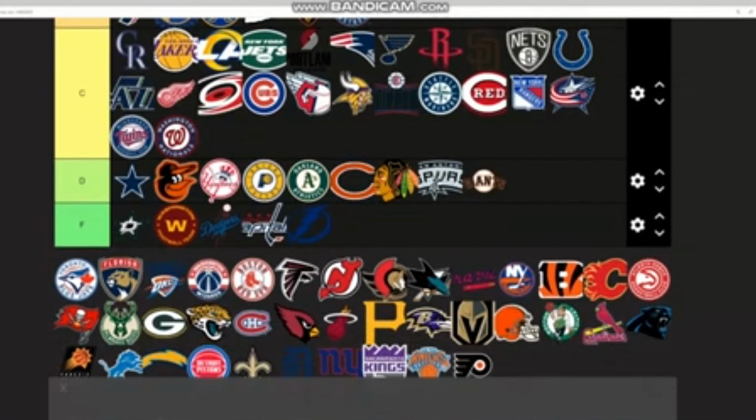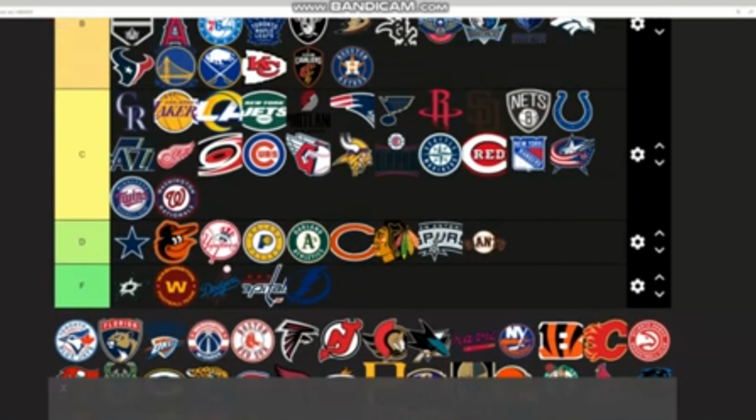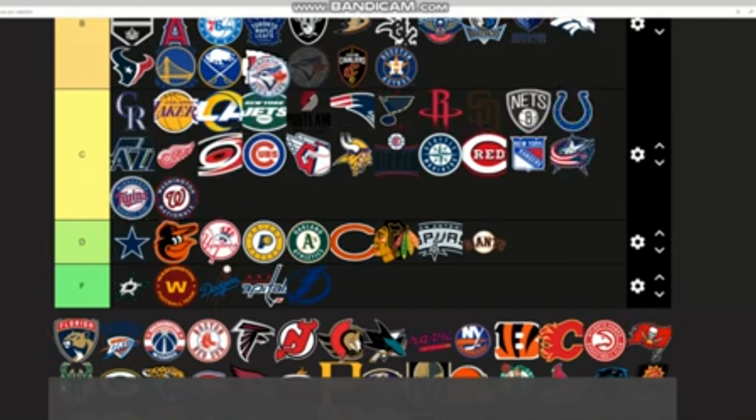Now we got the Toronto Blue Jays. I like that. I like that. This is also another one I was looking at when I was looking at hats. I like the Blue Jay. I don't know. I just like it. I also like that Canada. Not the maple leaf. I was about to say Canada symbol. What? I like the maple leaf right there. Overall, I don't know. I just like that Blue Jay. And at least it isn't smiling like the freaking orange bird over here. Forgot what his name was. But I like it. It's going...